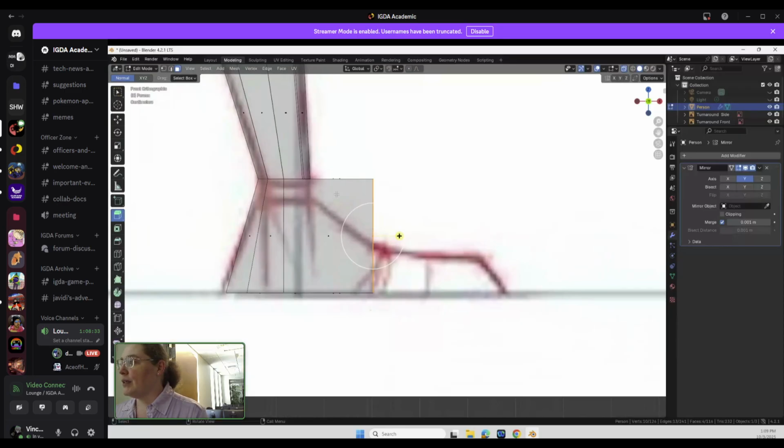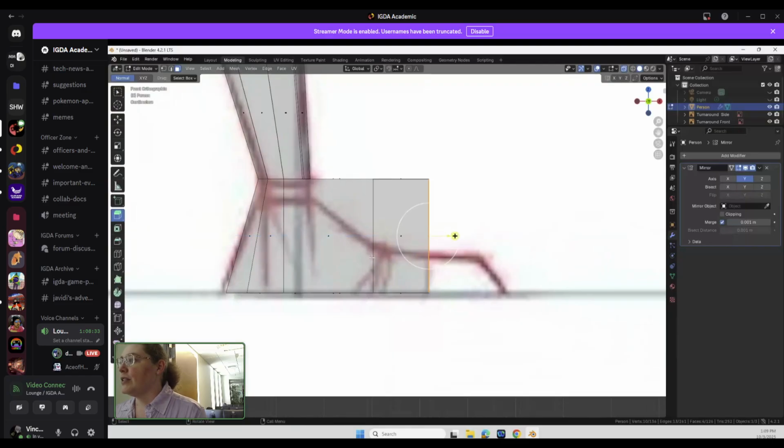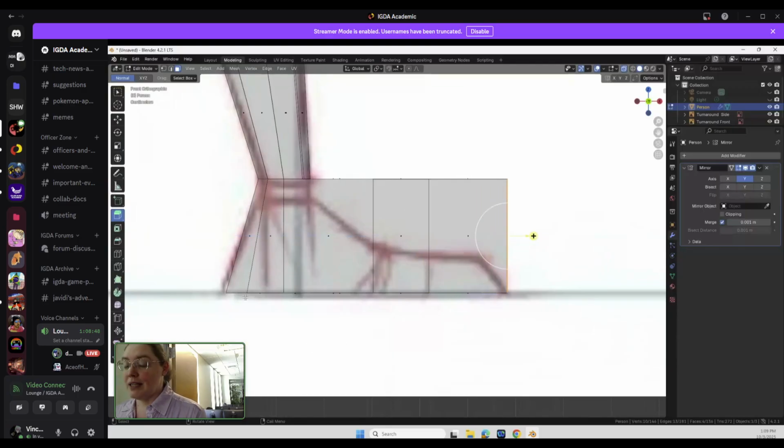I want one here and one here. So I'm just going to come straight out. So this is the middle of the foot. This is the toe change. And that's the tip of the toe right there. Okay. Now that we have all of that, we can come into our vertice selection here and start changing our